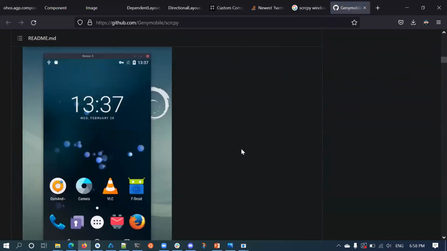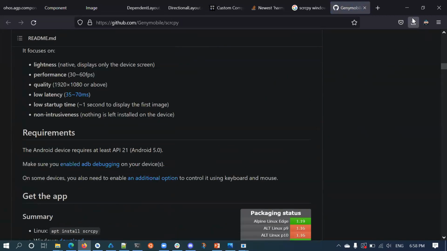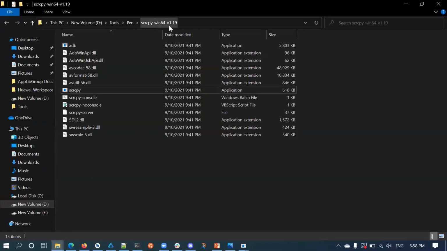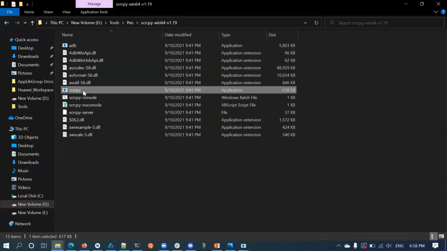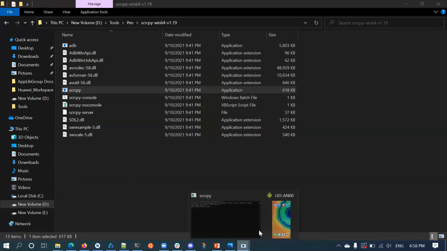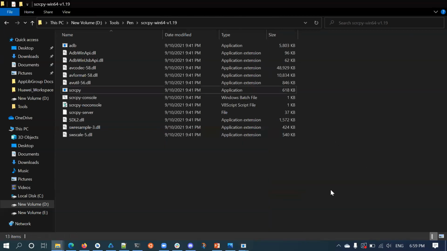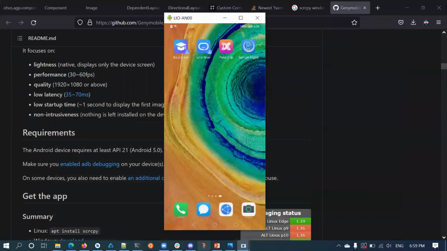So this is the tool. You can download it, and you will have a zip file. Once you extract this, you will have this screen copy application. When you run this, you will be able to mirror the real device here. Fine, sir. Perfect. Thank you.